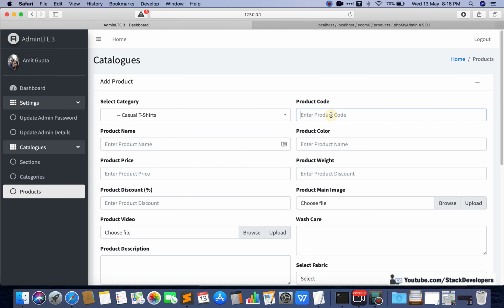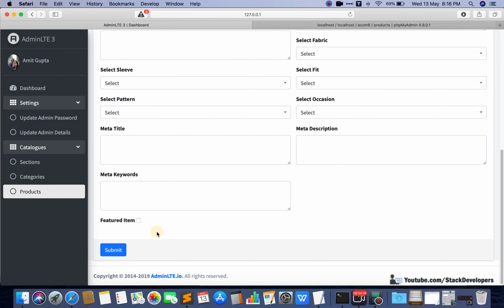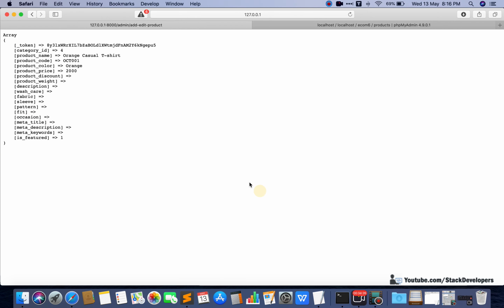Casual t-shirt, this time any other, blue casual t-shirt, or black, green, red, all done, orange casual t-shirt. Orange. Okay, so 2000 here, and I am going to check here with this information.